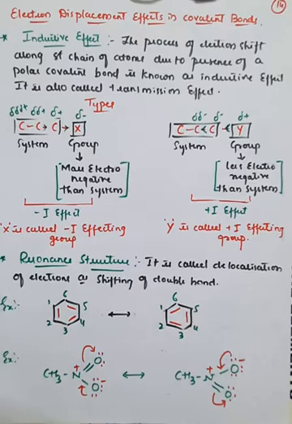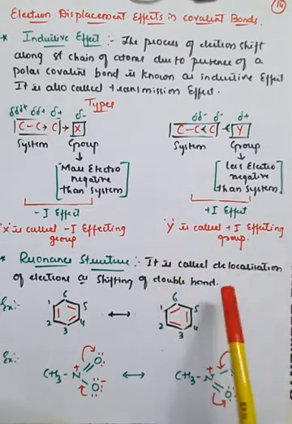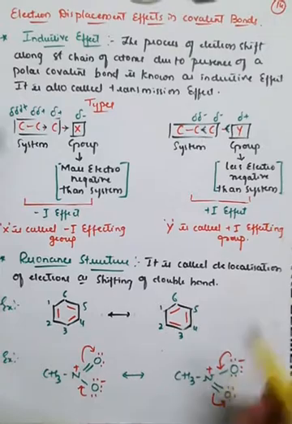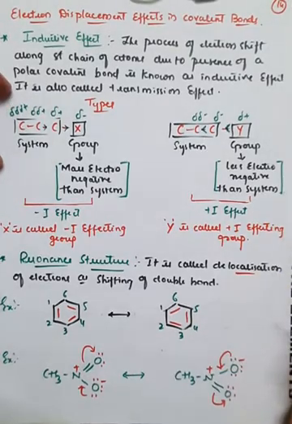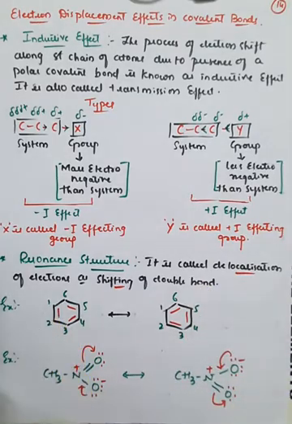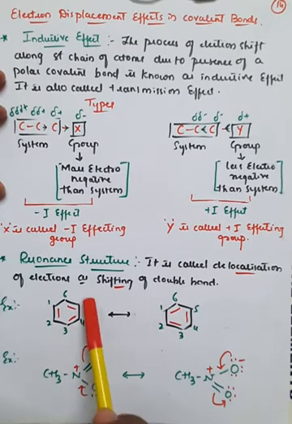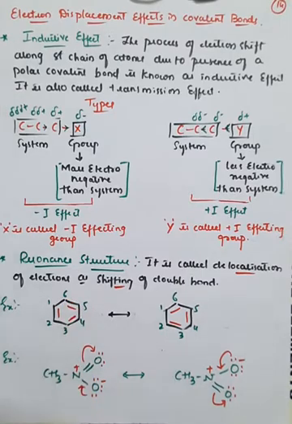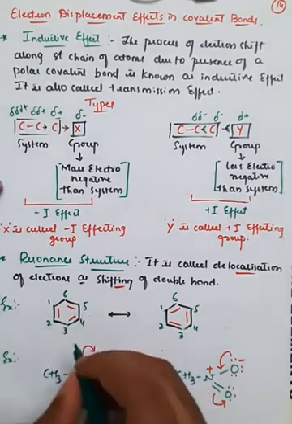Before the resonance effect, we will go with one of the important definitions, that is the resonance. Already in different classes we have seen, generally in case of chemical bonding, that resonance is nothing but the delocalization of electrons or the shifting of double bond. If you take the example of benzene, the first carbon and second carbon have the double bond, third and fourth carbon have the double bond, and fifth and sixth have the double bond, right? So there is a movement of electrons or shifting of double bond.